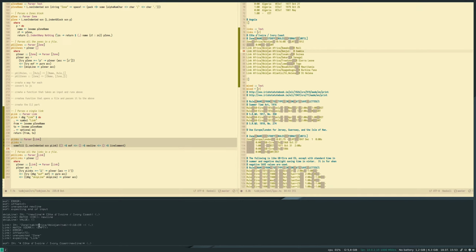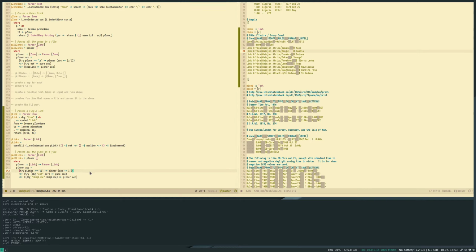Why is it matching for a single link now instead of multiple links? Anyways, it says zone. It's not the end of file. Oh, it's a little confusing. Why is it calling link again? Well, what you can try to do is this. So let's put here try feed zone, which we want to discard. If we find that zone, we just move on. Let's see what happens.